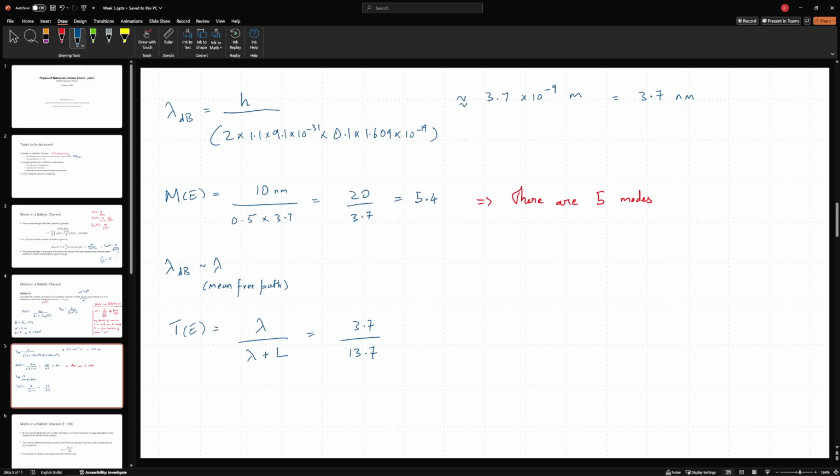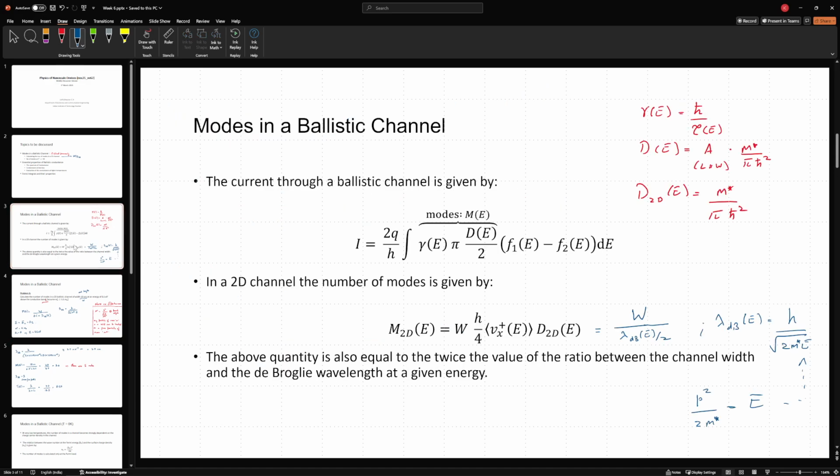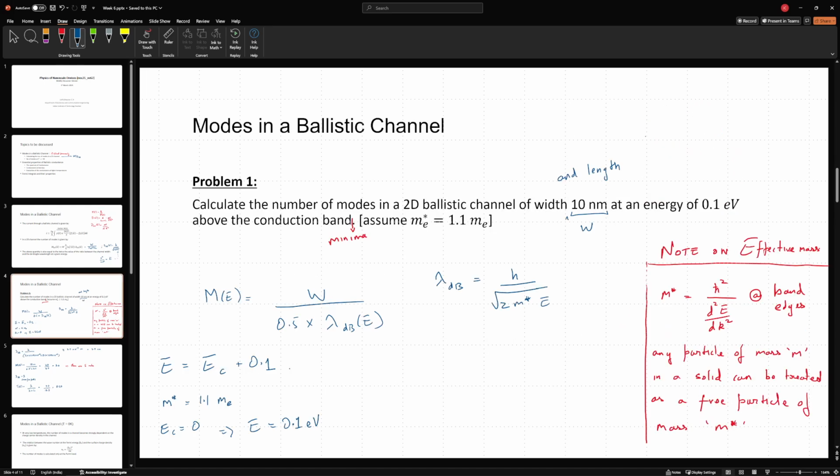That will come out to be 0.27. So in such a situation where I have a 10 nanometer by 10 nanometer 2D channel,